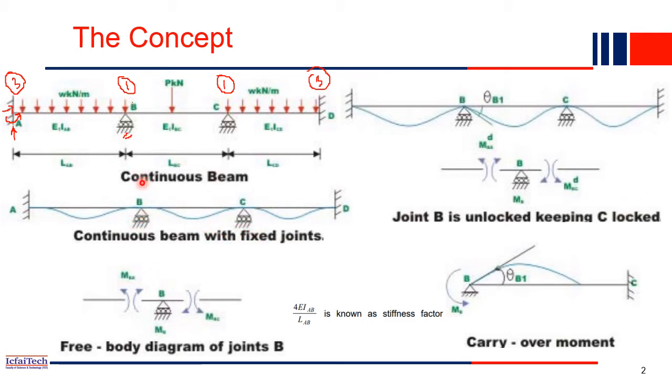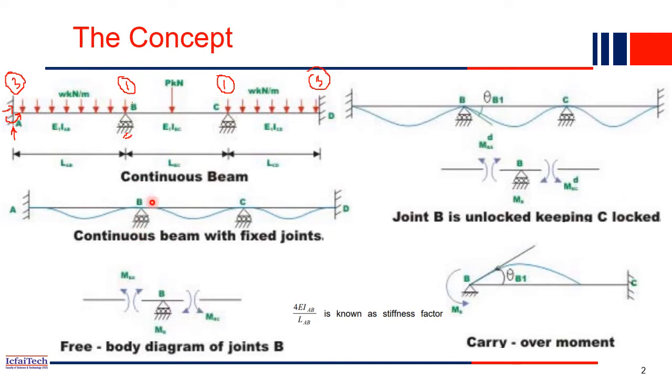Whenever we fix any support, what will we have? We introduce a moment, a fixed end moment. Already this is a fixed support, right? So it has three reactions: one vertical, one horizontal, and a fixed end moment also. Originally at B and C, these were roller supports. Roller supports don't generate any reaction moment, as we know. A reaction moment will only exist for a fixed support. So ideally, originally, B and C don't have any moment. The reaction moment should be equal to zero.